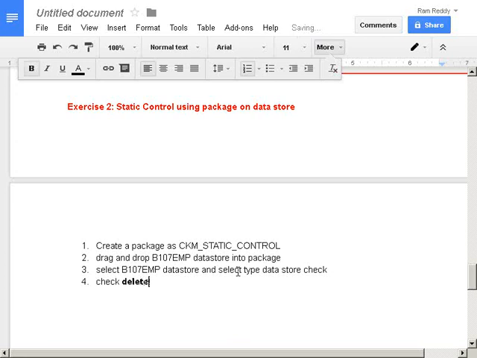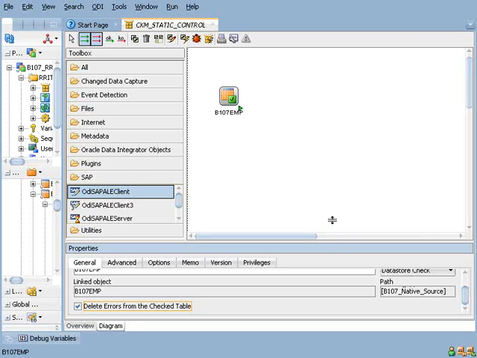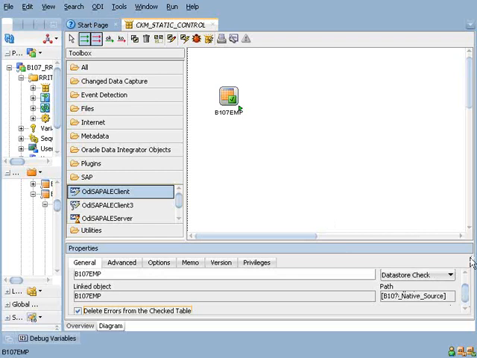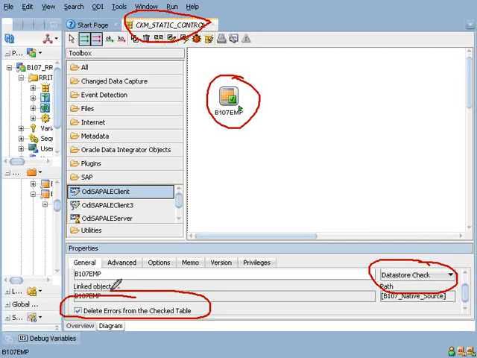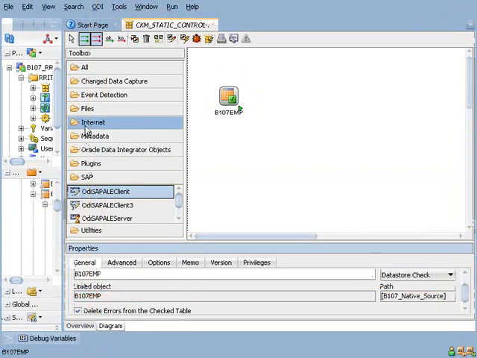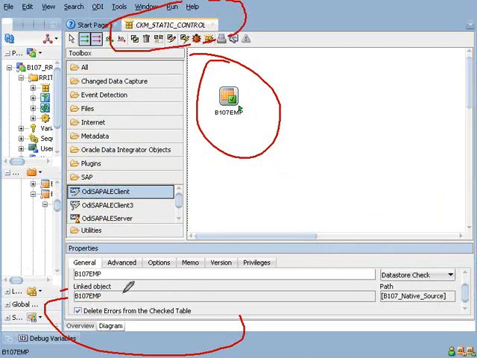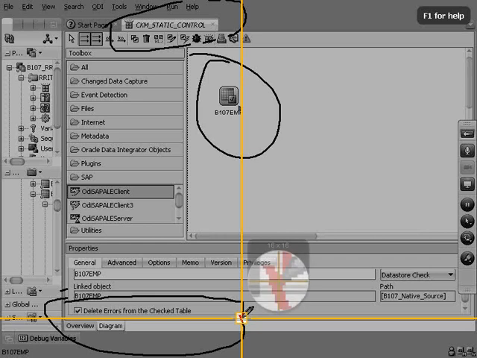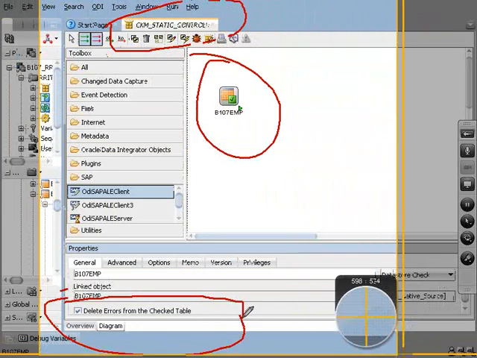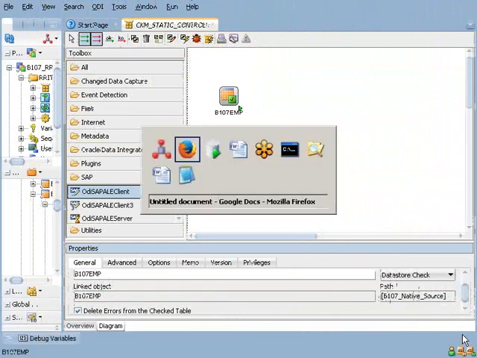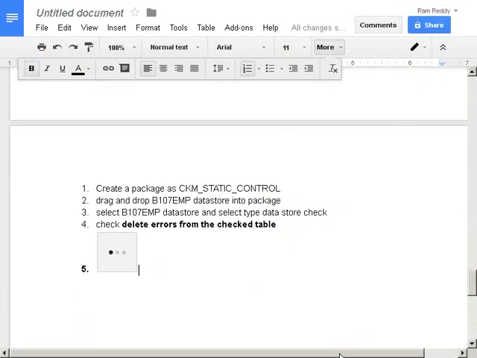Check delete errors from the checked table. Delete errors from the checked table.